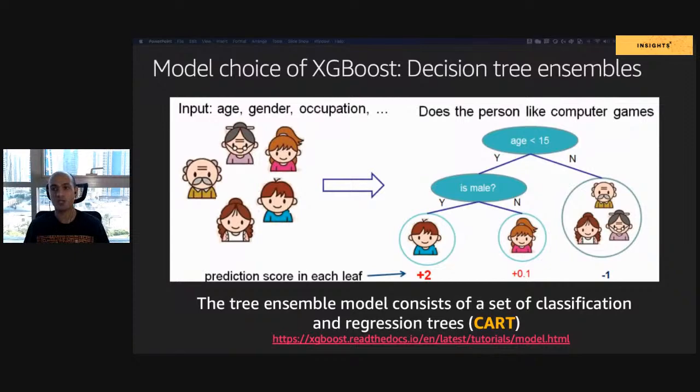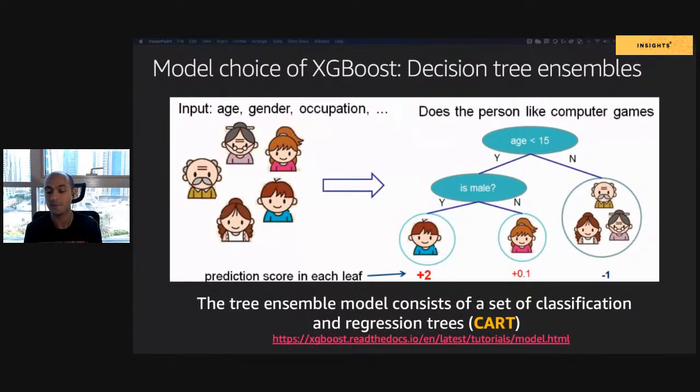So XGBoost comes as an enhancement of the three algorithms, right? The idea is very simple. The algorithm is trying to find a certain classification that, based on it, I can give a score, so I can separate my model based on that. For example, as you can see here, if I'm trying to predict if this person is actually using computer games or not, right? I can put a certain condition, or the algorithm will try to figure